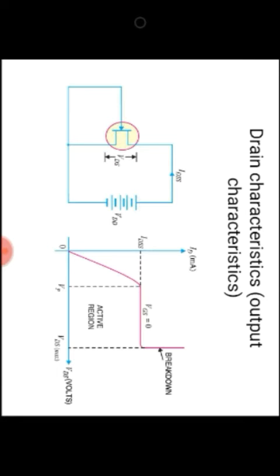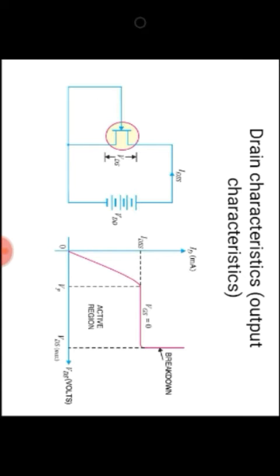When VDS reaches a certain voltage, after that the drain current is constant. This voltage is called the pinch off voltage. It is the minimum drain source voltage at which the drain current essentially becomes constant. As you saw in the drain curve, the pinch off voltage is Vp, and the highest curve is at VGS equal to 0. When VDS reaches the pinch off voltage, the drain current becomes constant. This constant current is called IDSS.